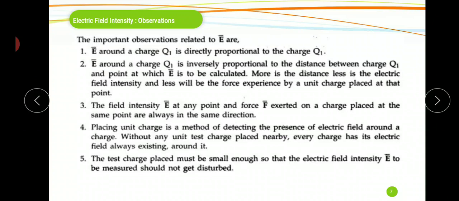In the next class we will discuss the different charge configurations, and how we calculate the electric field intensity in those charge configurations, and also the electric field intensity in the case of an infinite sheet, a line charge, and a spherical ring, etc. That means with the help of Coulomb's law we have to find the electric field intensity for different shapes of charges. Okay,